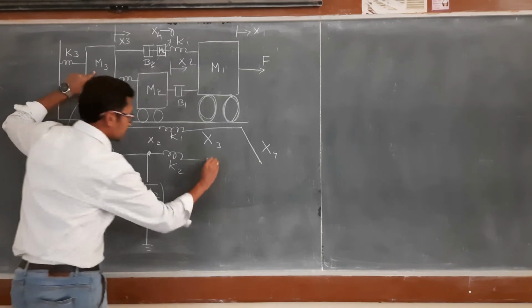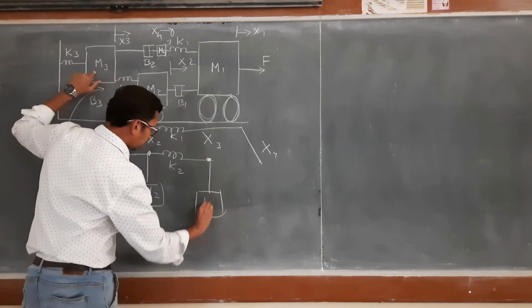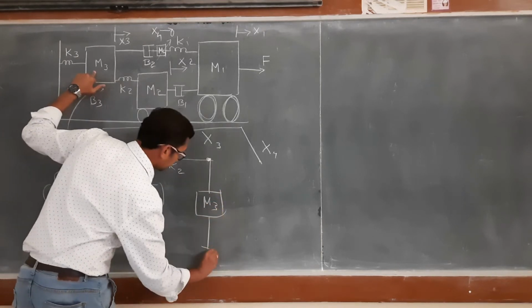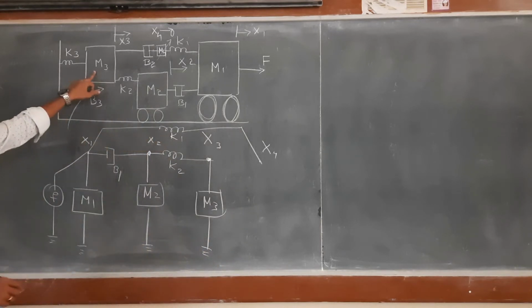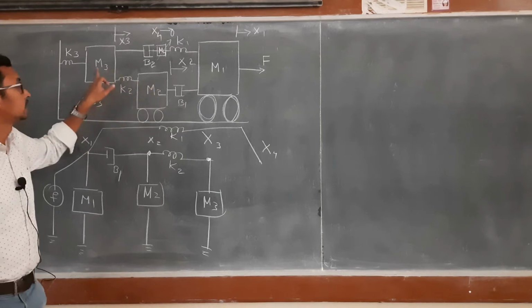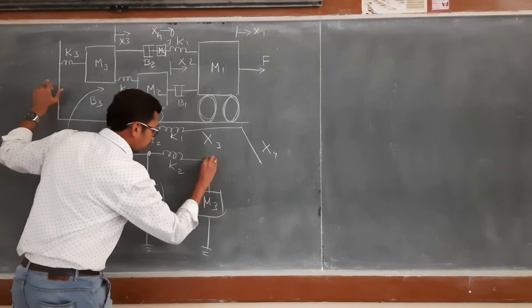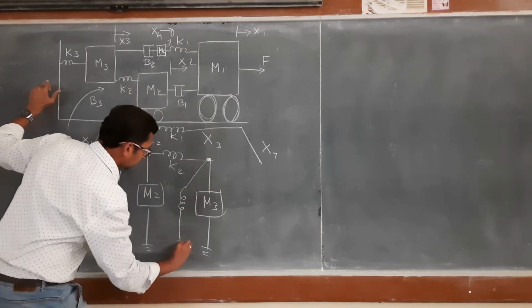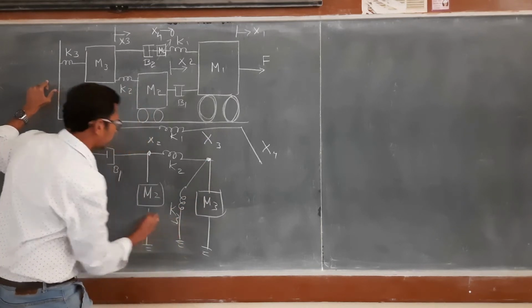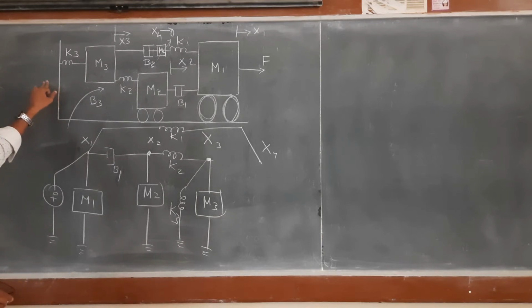So first thing we have is the mass will always be connected to the reference plane. This is the M3. Next, what else? K3 is there. K3 is between what? Mass M3 or node 3 and the reference plane. So therefore this is K3, with reference to the reference plane. Next, what else is there?